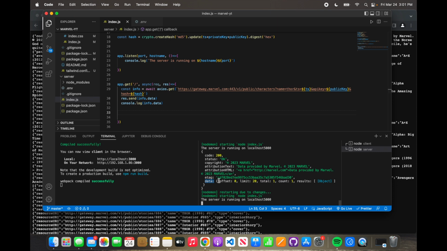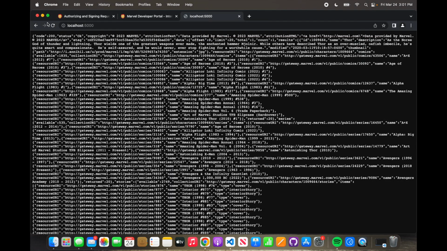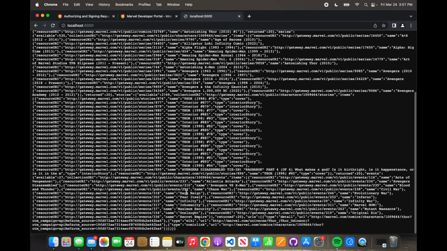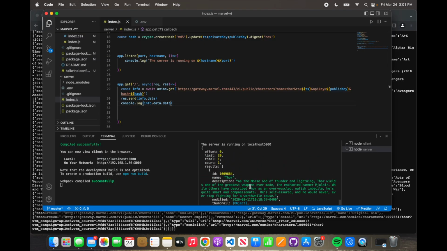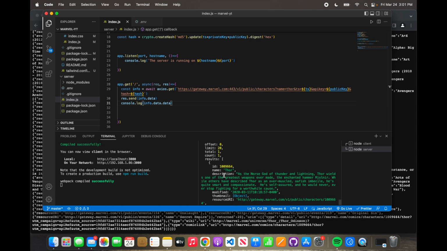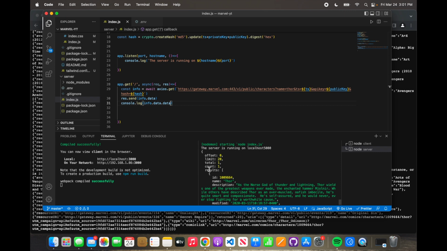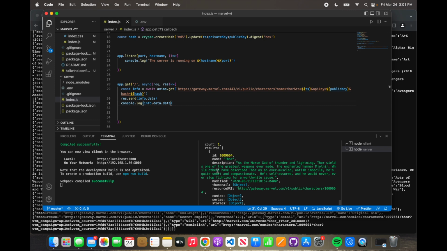So how we can go into that is by saying info.data.data. Do that. If we do this again, we just refresh it and we look here, it gives us the name and the description of Thor within the results portion. So if we just wanted this singular description, we can come in here and say dot results, and then